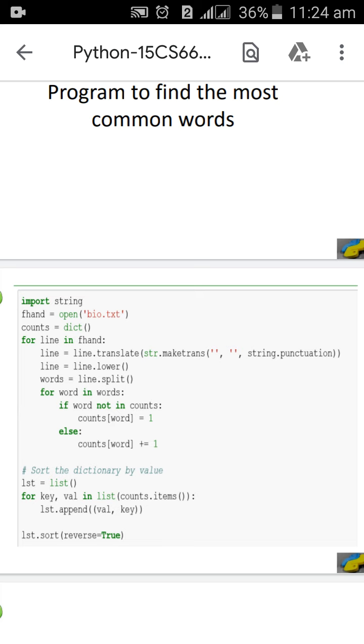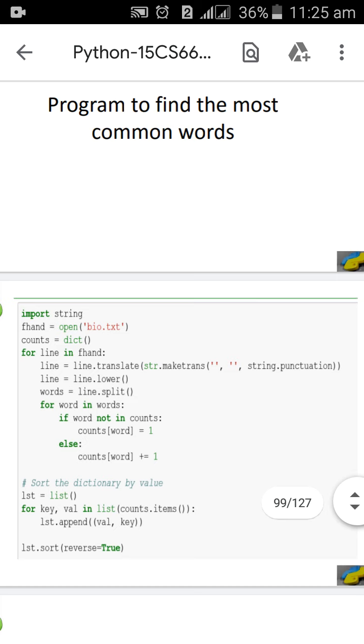Then we need to split each line into words by using the split function, and along with that we are going to remove any punctuation present in the given file. For that we are using built-in functions like translate as well as maketrans.